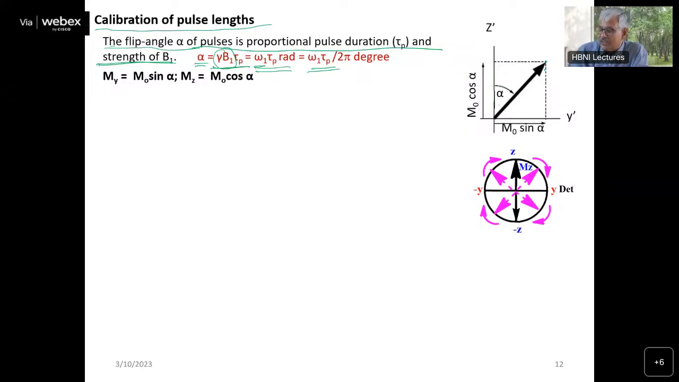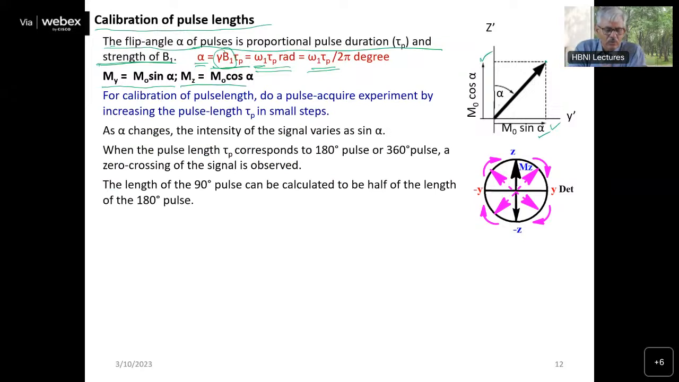When it is rotated, there will be a Y component magnetization and a Z component magnetization. The Y component magnetization is M0 sin alpha. This I have also told you earlier, and the Z component is M0 cos alpha. Okay, so for calibration of pulse length, what you have to do is a pulse acquire